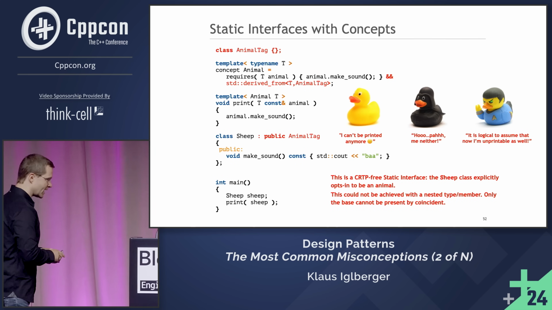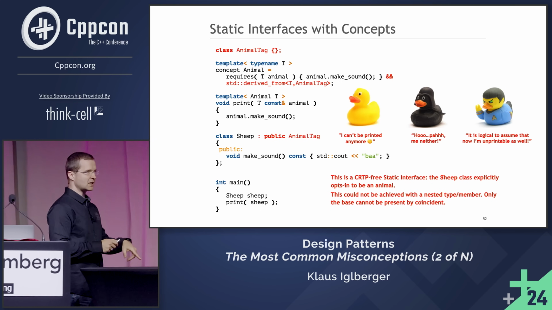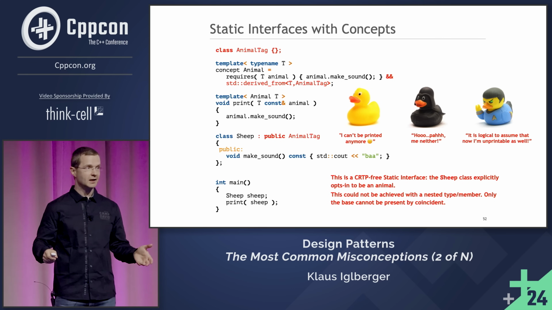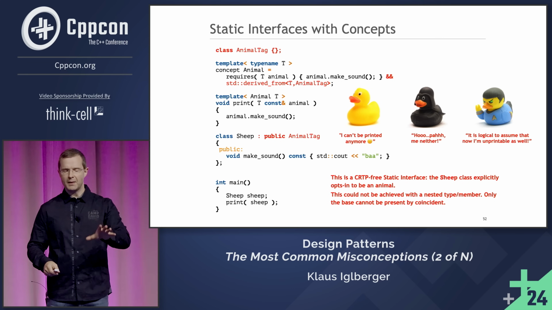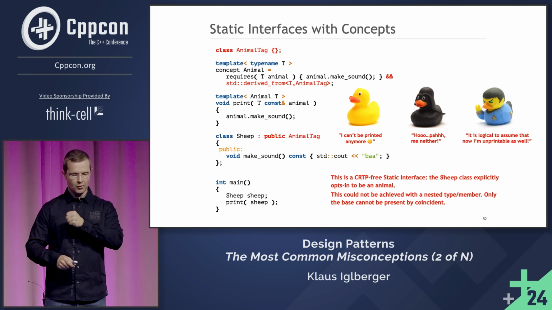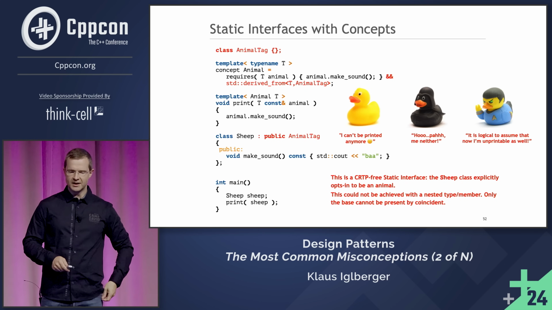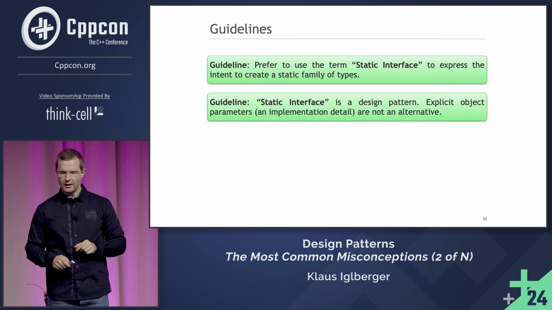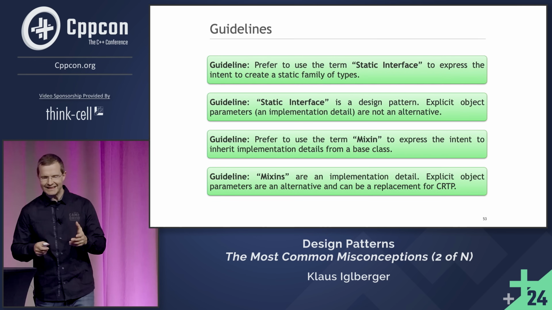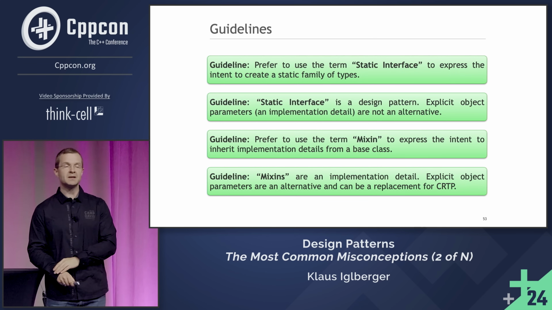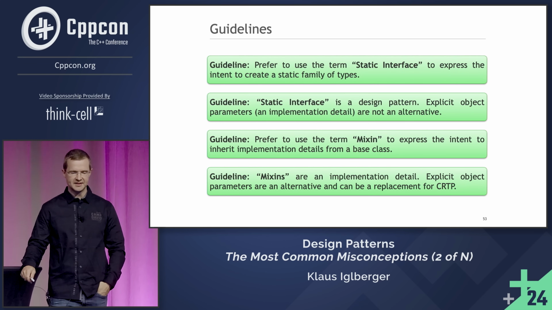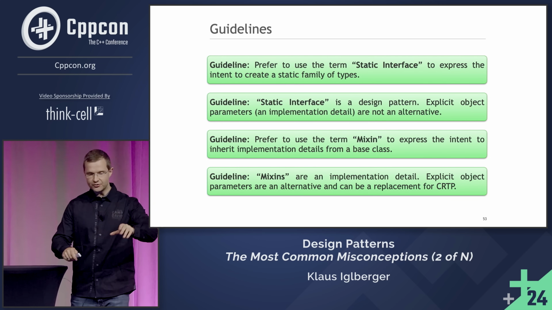So I should add one more thing, and I explicitly use a base class. You have to do something that cannot just happen by coincidence. Oh, coincidentally, somebody had this data member. No. It must be something that you explicitly do, or it's not an animal. And so base class might just be the right thing for this purpose. So, same summary. However, perhaps in the end, you can replace all kinds of CRTP by something else. But it is different. So please remember the two terms, static interface and mixins. Good. All right, so much for CRTP.